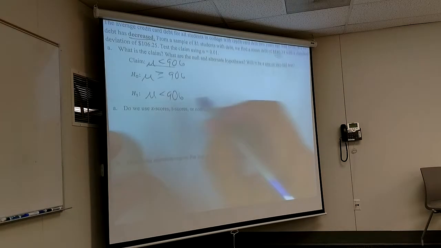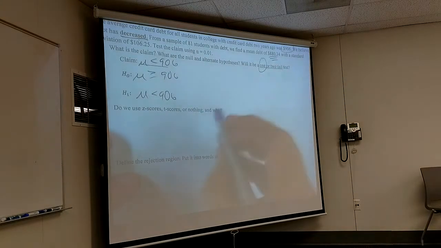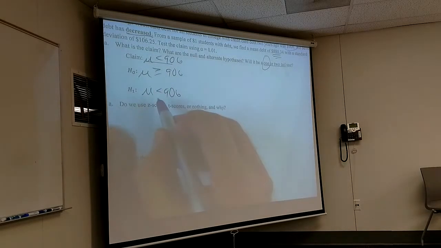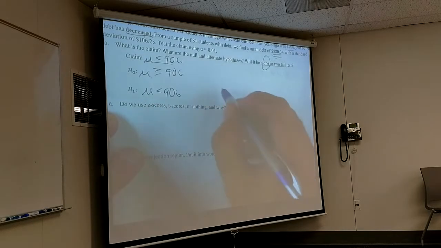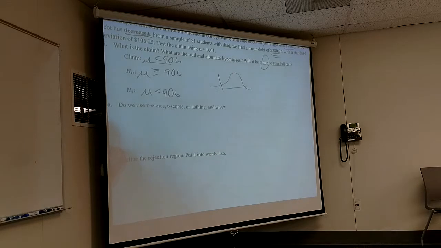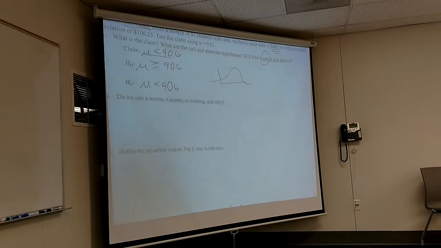So is it going to be a one or two tail test? Why is it one tail? Yeah, there's only one direction that I care about. It's not the beta. All right, so it's going to be one tail down there. You've got to find a sample way down there to show evidence for the population mean being less than